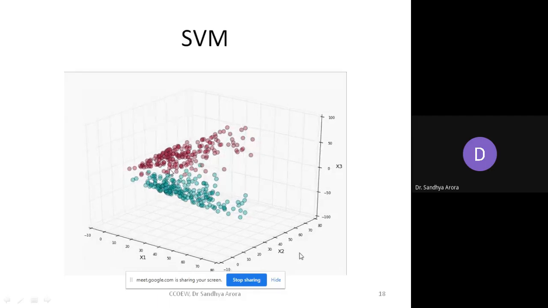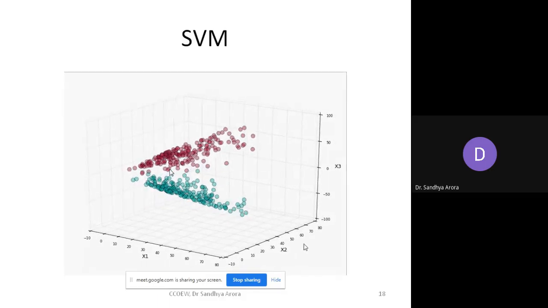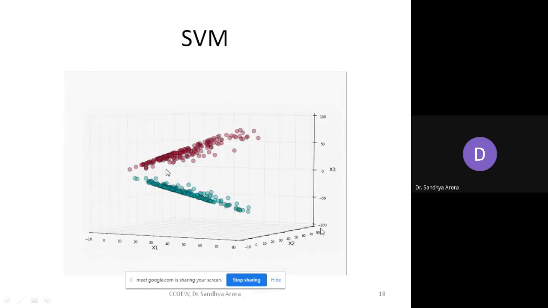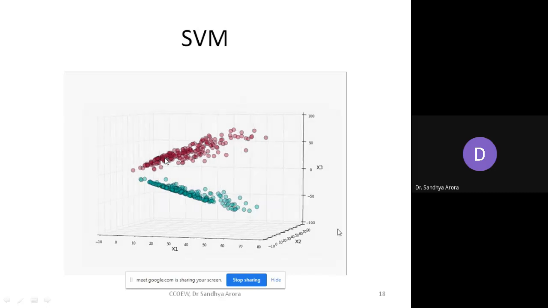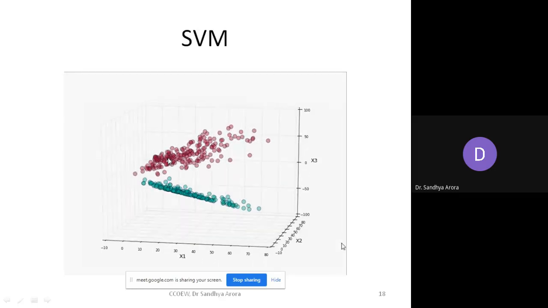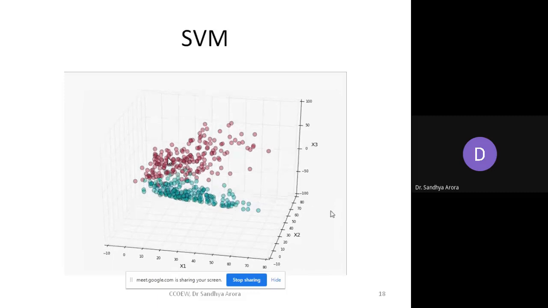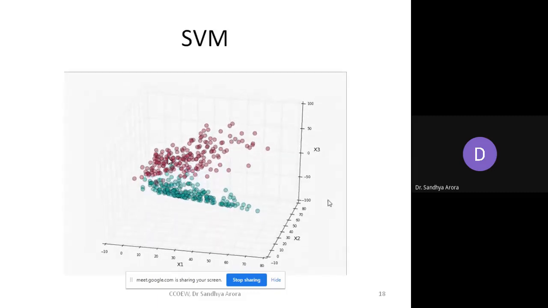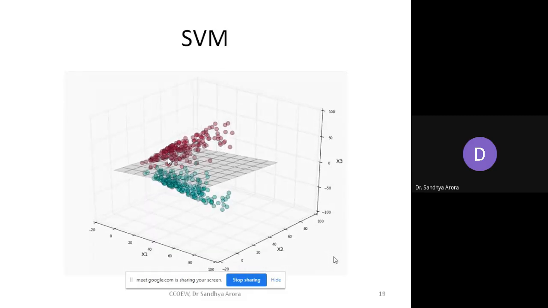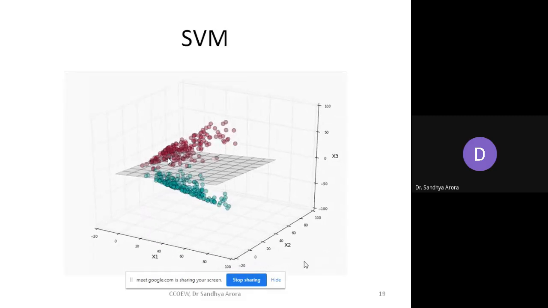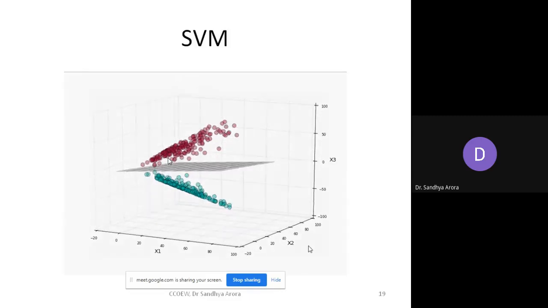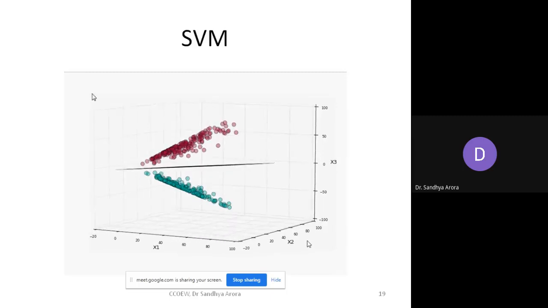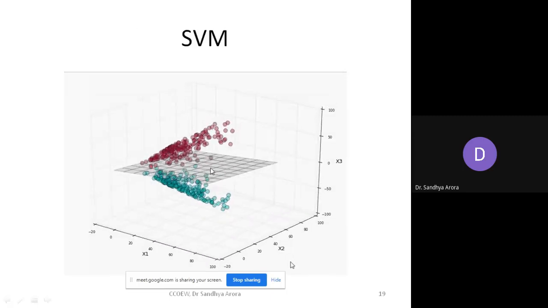So it's not that you cannot have a separating boundary between them. You can have a plane. You can clearly see here, you can have a plane in between this. You can have a plane which will classify your data properly. Why? Because you have mapped these data points to some other coordinate values and those coordinate values are clearly separable now. You can see this plane which is correctly classifying your data.